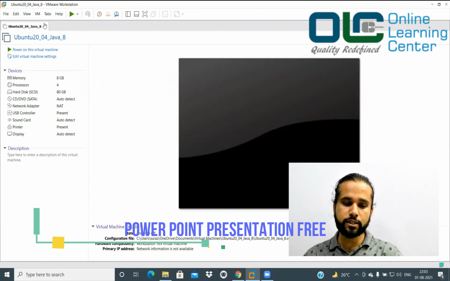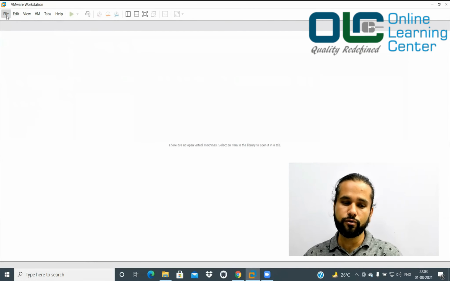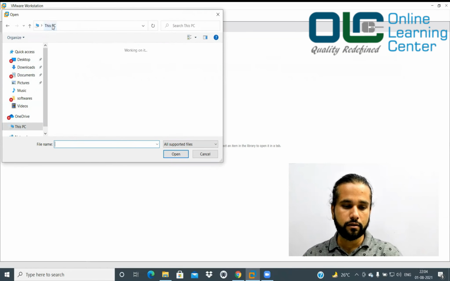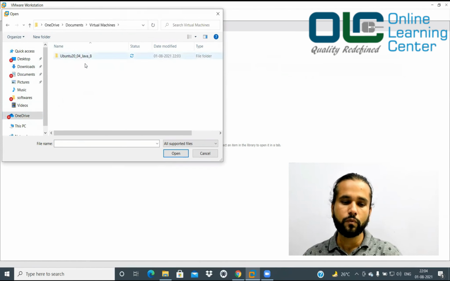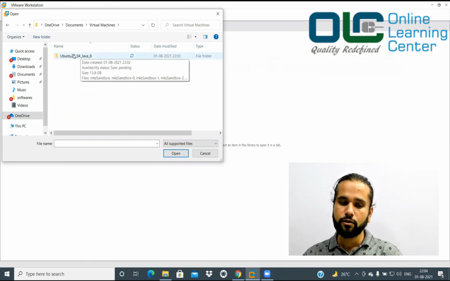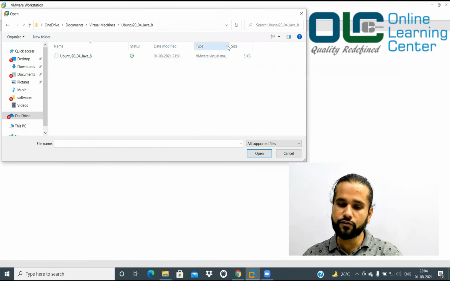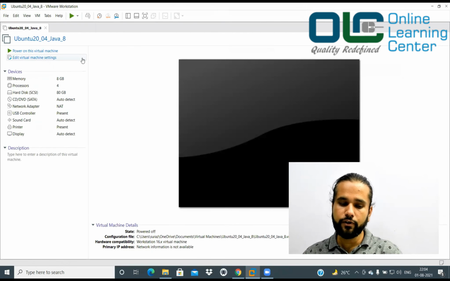So now what you should do is go to VMware Workstation, click on File and say Open, and go to the place where you have extracted your zip file. So I'll visit that place. Okay, so now I'm in that place where we had just extracted our zip file, right? Go inside this and you should see only one file, and that is basically a virtual machine file, the VMX file. So just double click on it and wait for some time. You will see it is loaded, right?